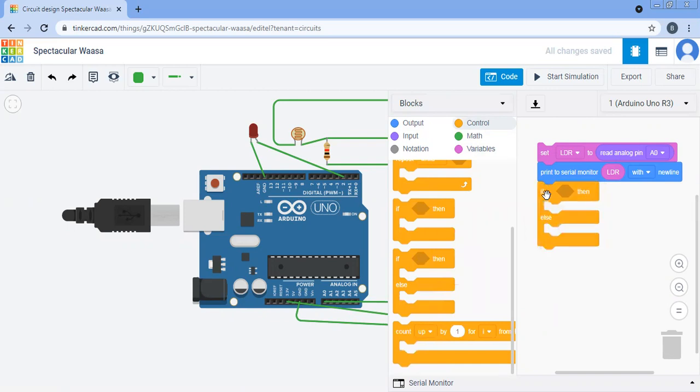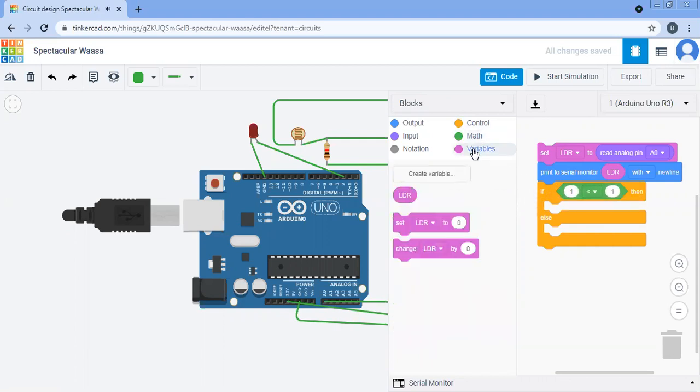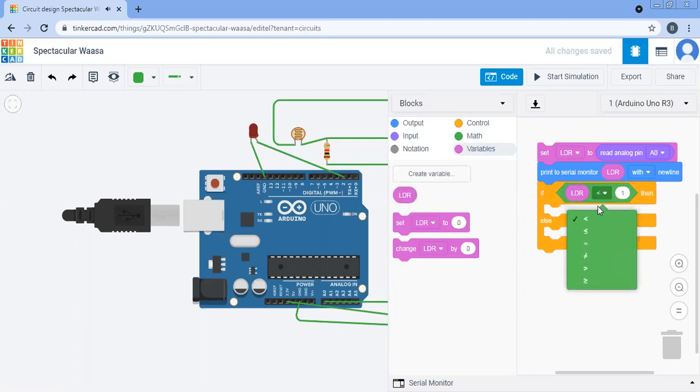we are going to take an if else block here. If then else. Okay, and then we are going to choose this. We are going to keep a condition here. So if LDR is greater than or equal to 68. Let's take some random value. I'm choosing 68. If LDR value is greater than or equal to 68, then